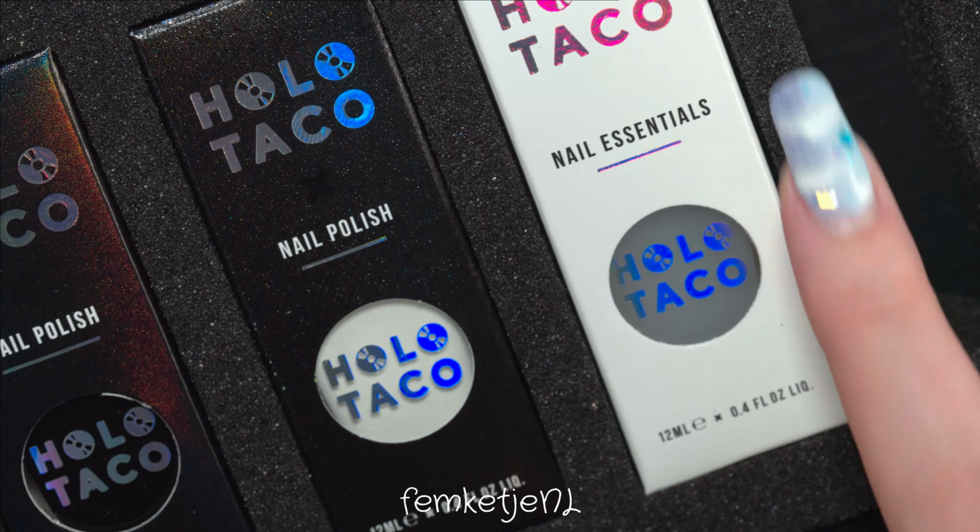So there are 3 unicorn skin flakies. Let's just call them flaky toppers because that's a little easier and I might not stumble as much on my words. So there are 3 different ones. We have the Sonic one, which is a pretty decent one. Of course, I'm going to do swatches on top of different colors as well, just to show you what they look like on different colors,